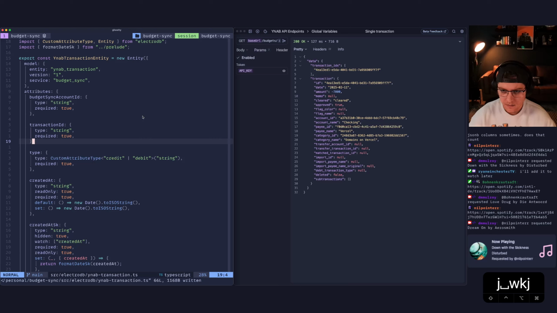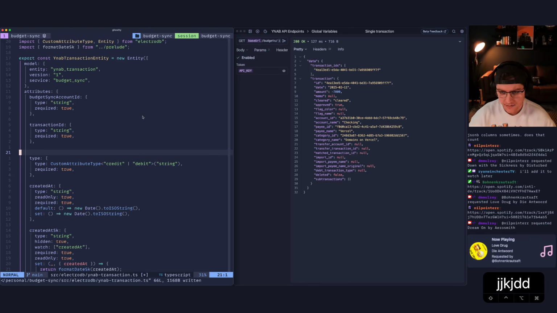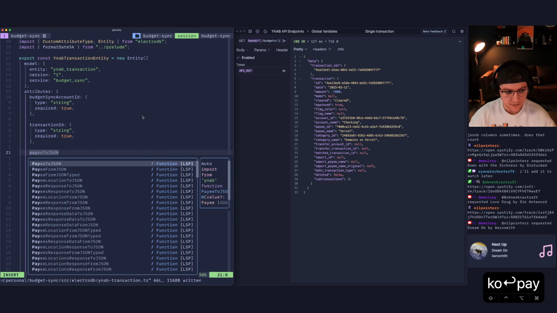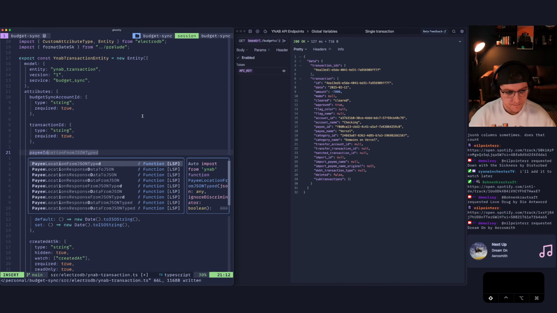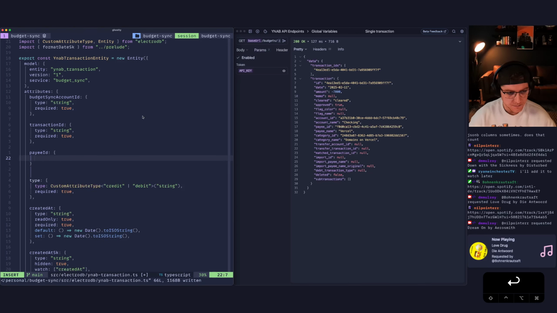What else we need in here? We have an amount. We'll have cleared. No, I don't want to worry about keeping cleared state. Payee ID will be good. Payee ID is going to be